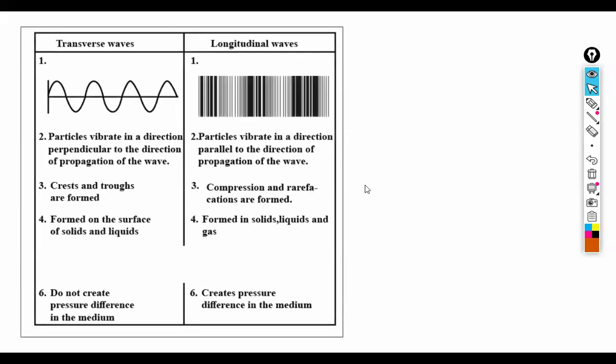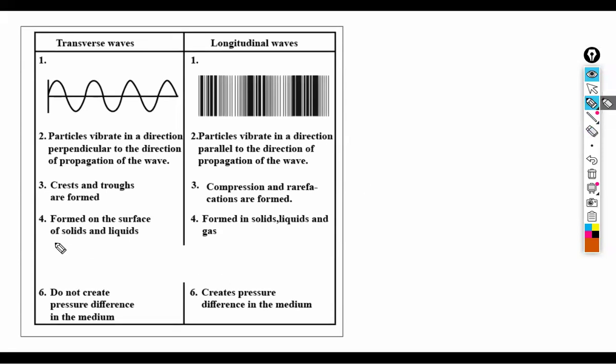Right, let's see what the next slide is about. So here we have the difference. This is a real big part of the syllabus. They like you to compare the differences between a transverse wave and a longitudinal wave. Now, one of them is no longer on the syllabus. That was number 5 here, but you could see that I edited it out. So you could call the last one here number 5. I'm just going to edit it here for you guys.